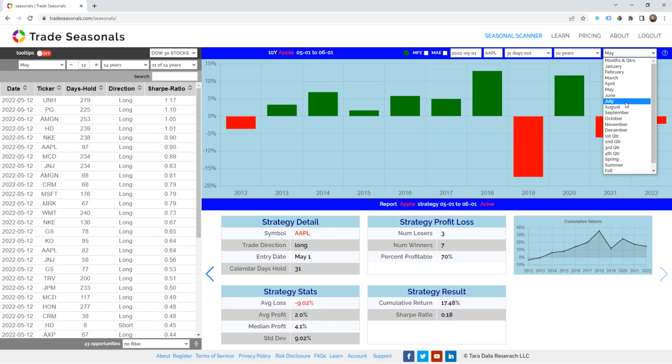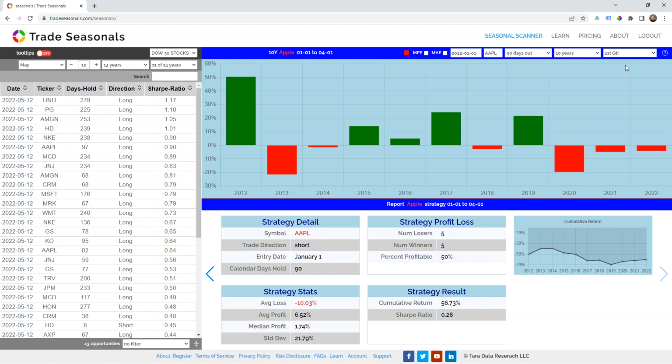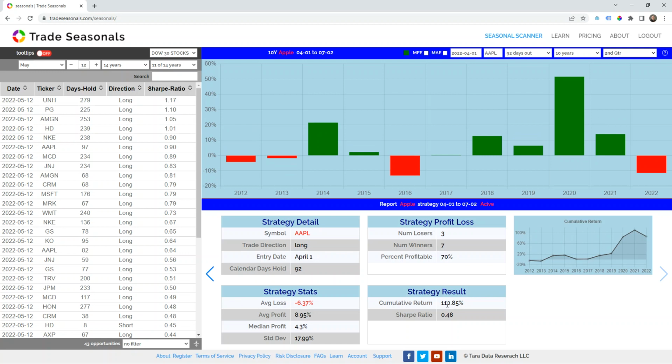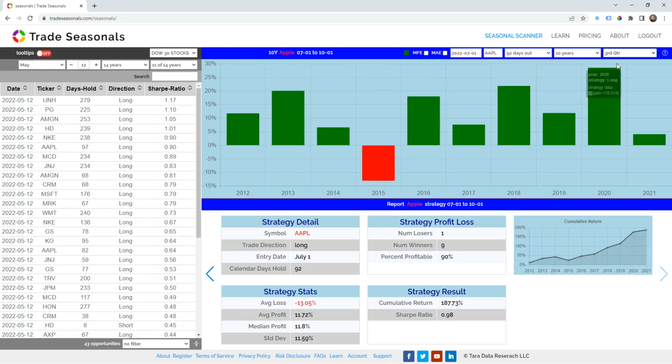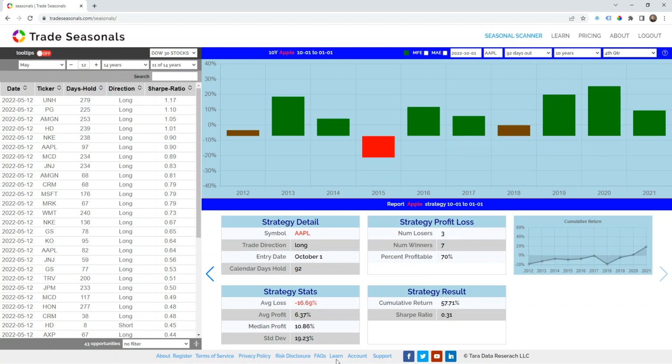What if we take a look at it by quarters? First quarter. As you can see, every time I select this, it updates the dates and the number of days. So it's just a shortcut. You could always just go and type it over here yourself. But you can see first quarter, you would have made 56.73% from Apple. Second quarter is better. Third quarter, 187%. Fourth quarter,